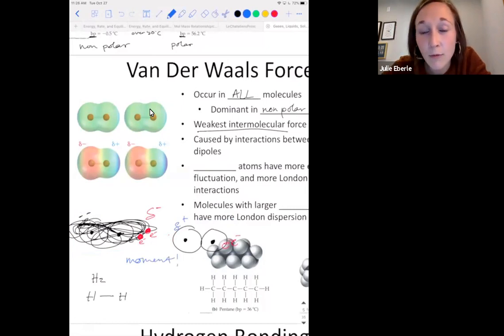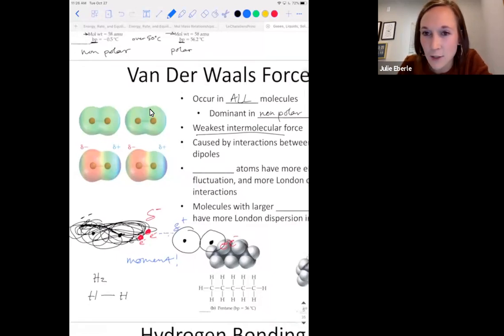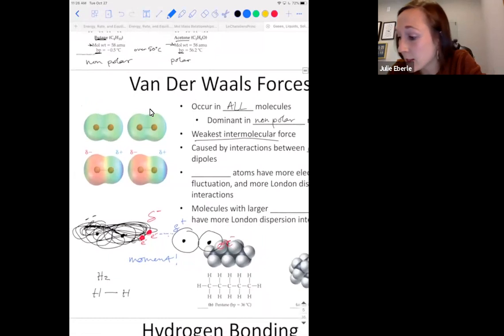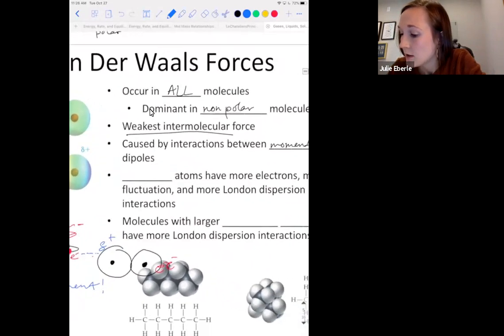But there is a dipole. It's very temporary and then it's gone. But for that moment, there's an interaction here, okay? That's what a momentary dipole is. And I know that seems very, very small and as though it would not matter, but they do matter and they do add up.